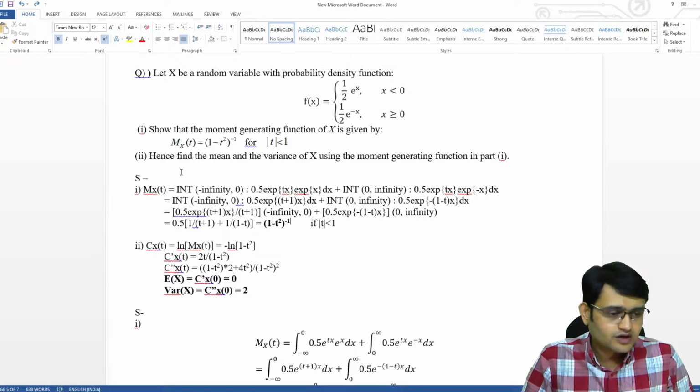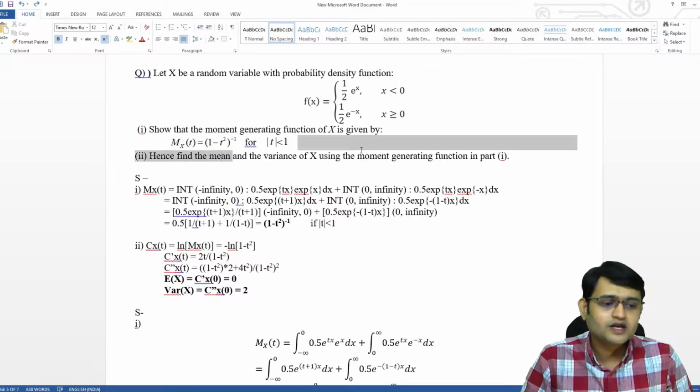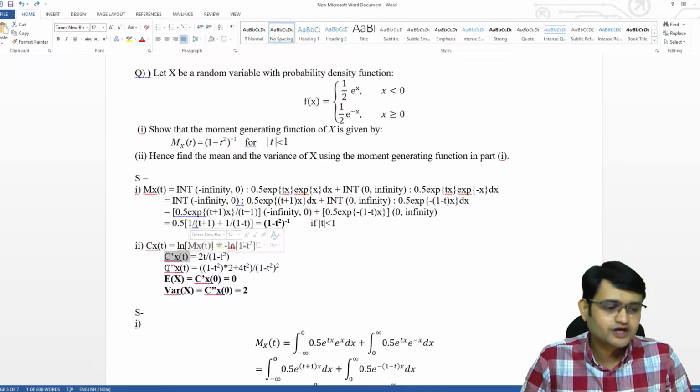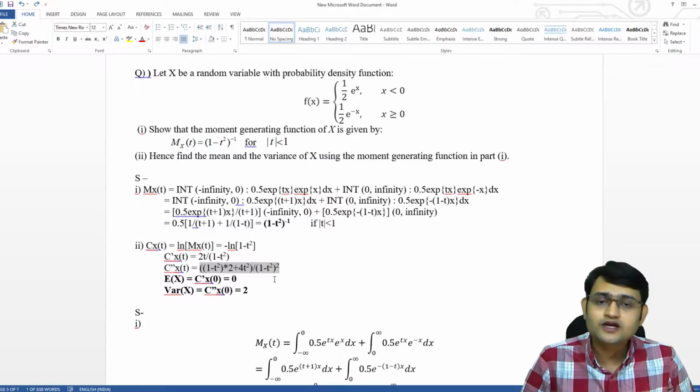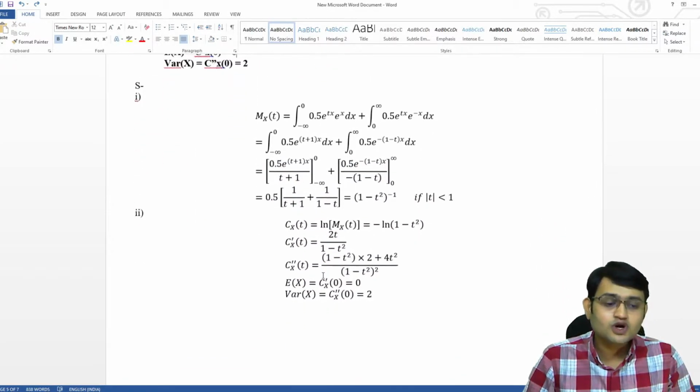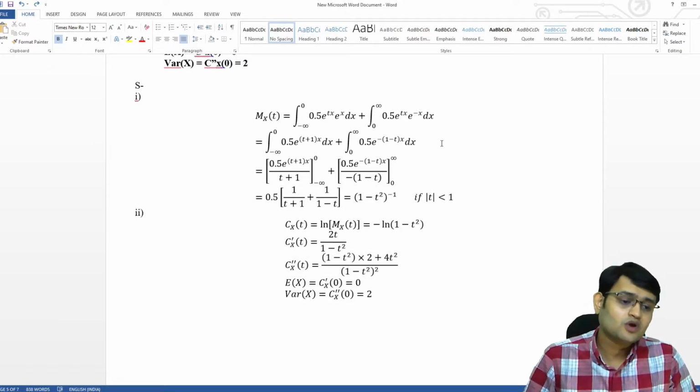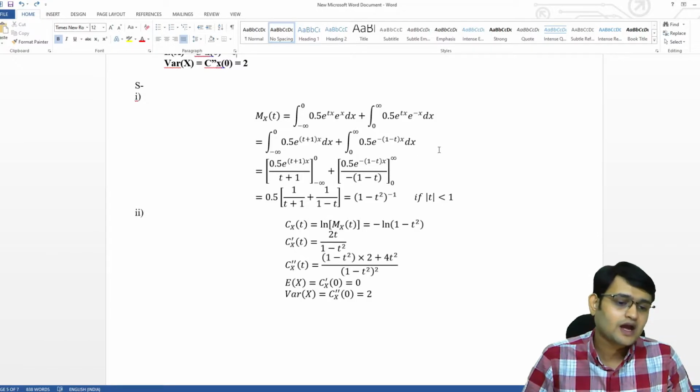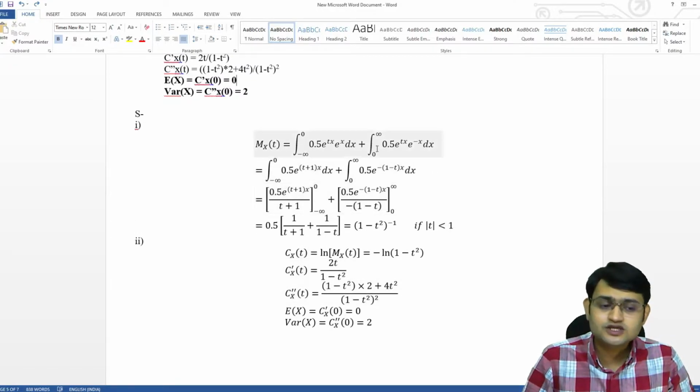Similarly, for the second part where we had to find mean and variance, I have calculated the cumulant generating function, differentiated it once and twice, and then calculated the expected value and variances. Now here also writing this second equation was a little bit difficult to read later on. Maybe not difficult to write, but it was difficult to read. Whereas when we solve it using equation editor, it took almost the same time, almost the same number of letters we have to write, but it is visually easier to follow.